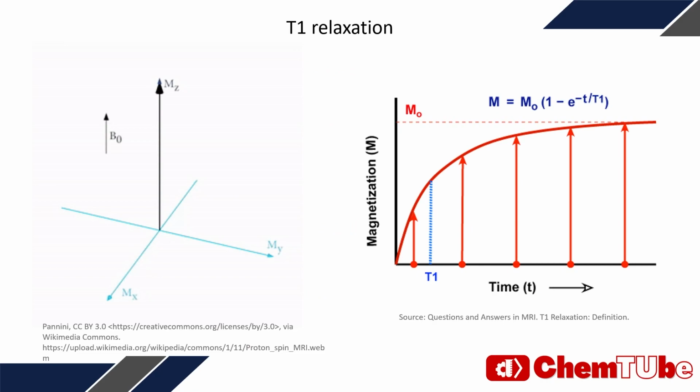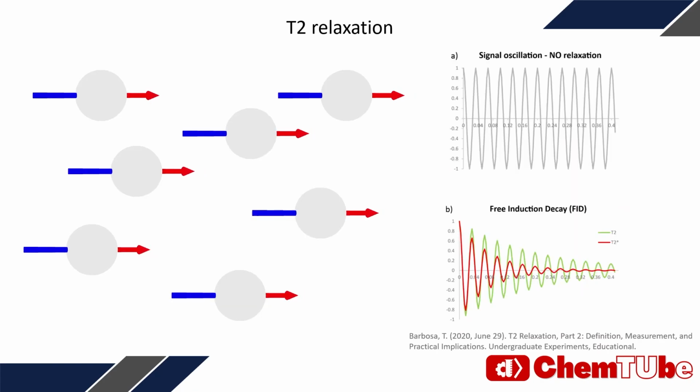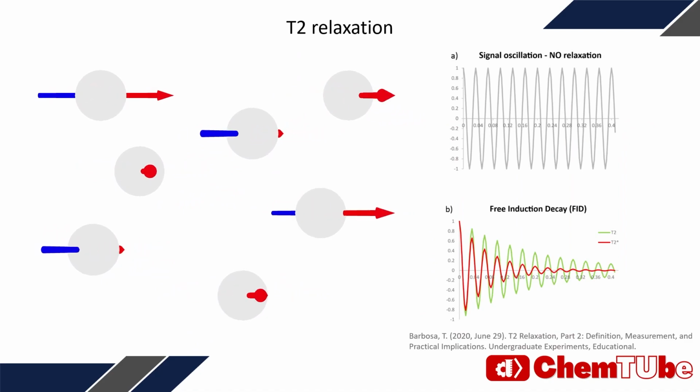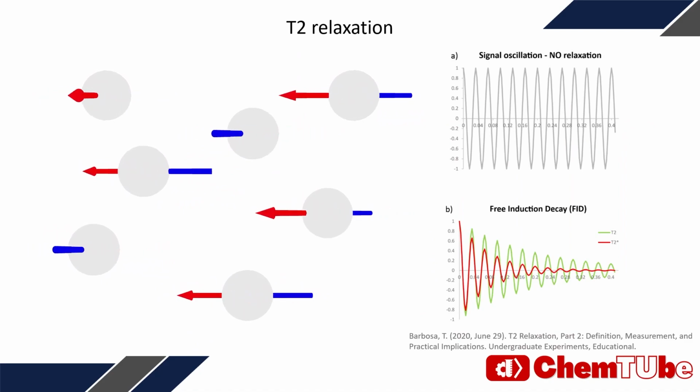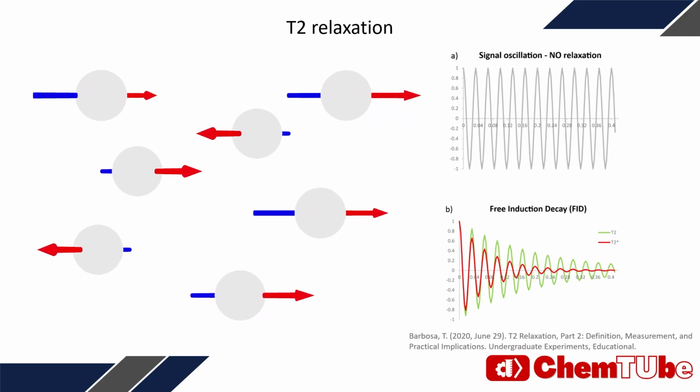Protons in different environments have slightly different properties. One of these is T1 relaxation, which is the time for the proton to return to its initial position after being disturbed. In this animation, the magnetic field vector can be seen when the proton returns to the original position. The other property is T2 relaxation, which shows the time of atoms going out of phase with each other. On the top right, you can see that if there was no dephasing, then the signal would be constant.